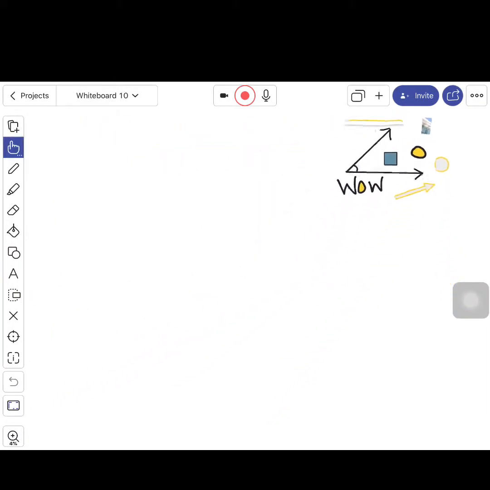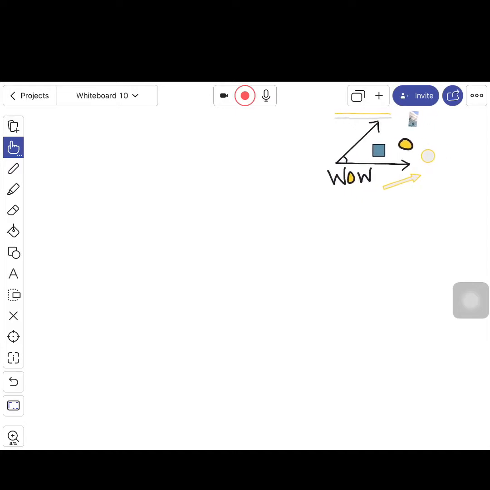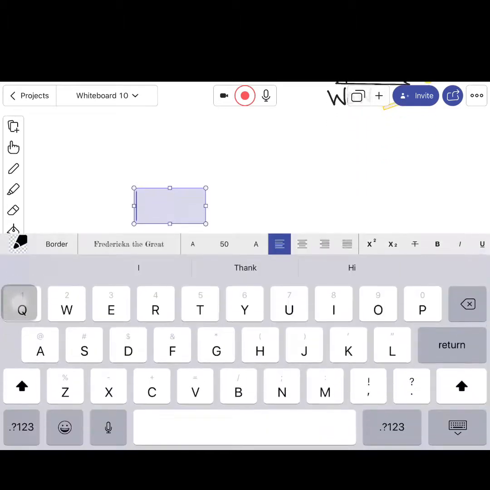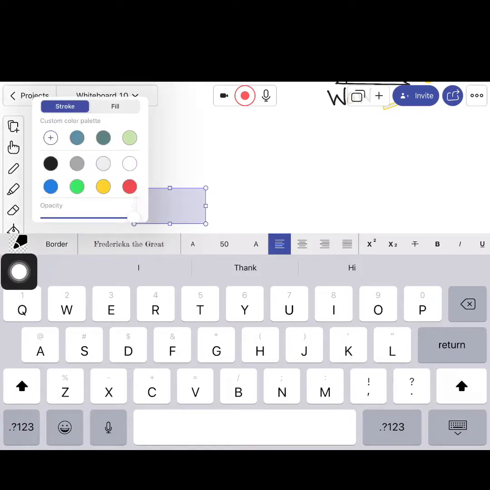To just kind of squeeze that together, move it off to the side so I have more workspace. And the next thing we want to talk about is text. So that A underneath the shape is for text. So I'm going to add some text boxes somewhere. Let's say I want to make that a different color. So again, stroke and fill. I can select it to be red. And maybe I want to say,